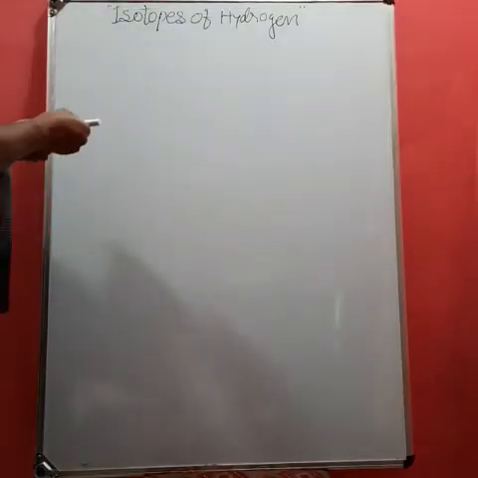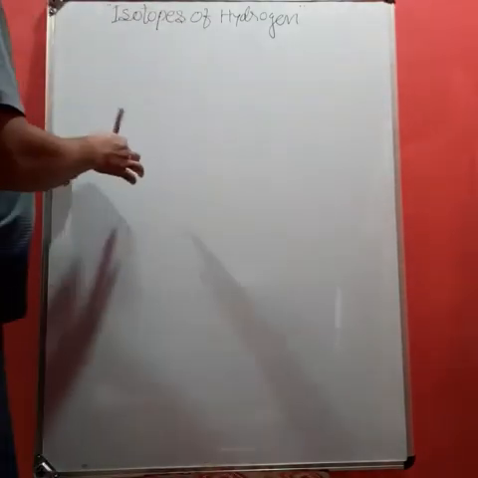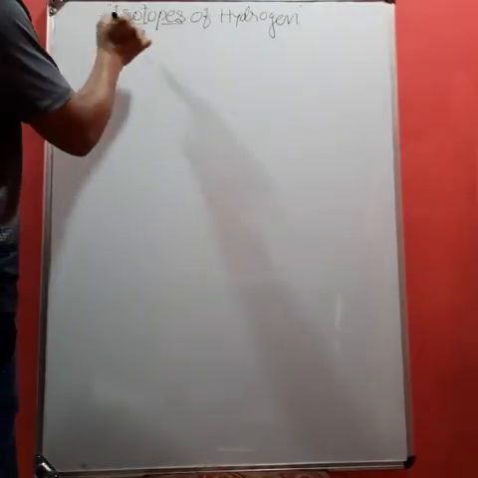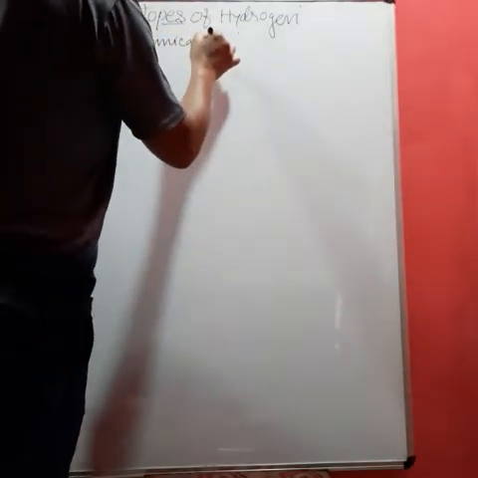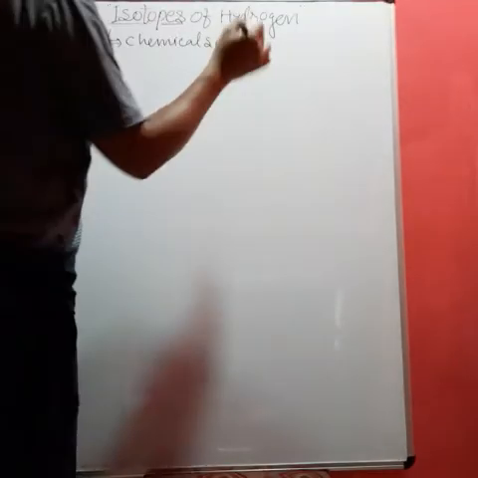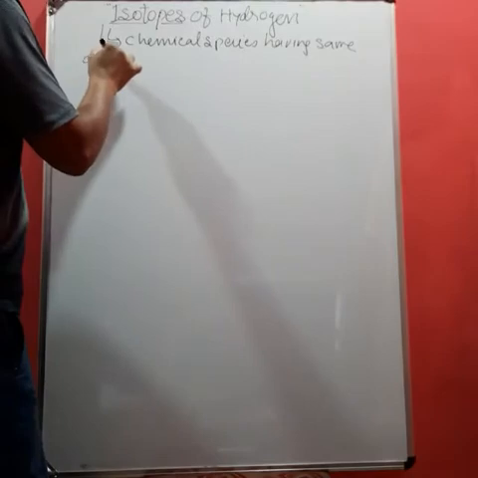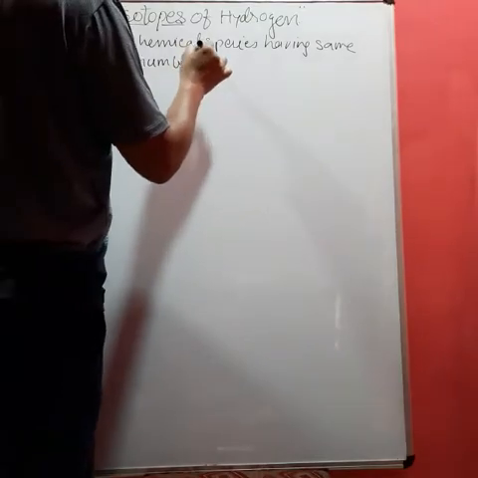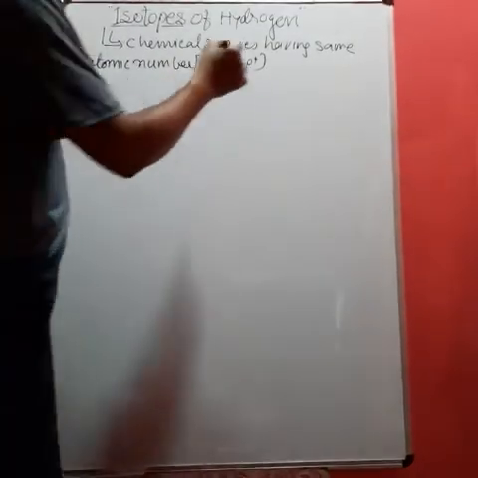Student, this is again a simple term. This is called isotopes of hydrogen. Many times you have seen about it even in the previous classes. Isotopes are chemical species having the same atomic number, that is the number of protons, but